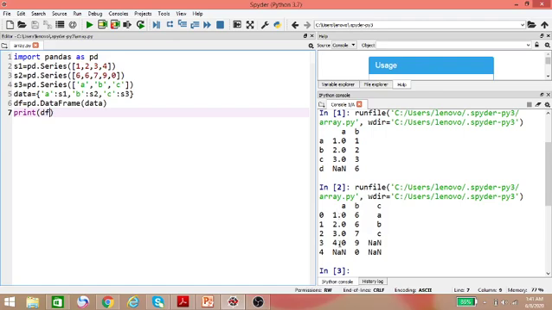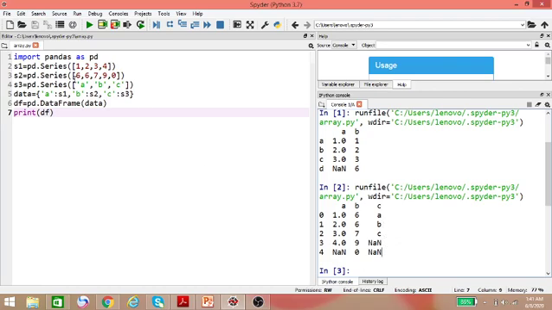And since in the fifth row there is no value, that's why a NaN value is here. In column B, you can see the values 6 7 9 0. And in column C, these are the values A, B, C. And since in the 4th and 5th rows there are no values here, that's why the NaN value is displayed here.